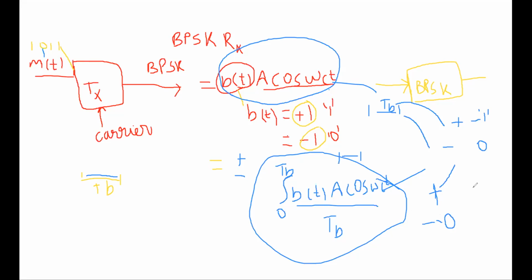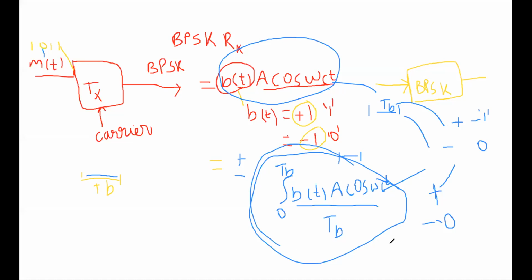So this is your BPSK receiver. Now you see the working of BPSK receiver, the various parts in BPSK receiver. Now this BPSK receiver is a synchronous receiver. Synchronous receiver means, or we can say it is a coherent receiver. Coherent receiver means it has to extract the carrier from the modulating signal, and then only it can go for the demodulation process. So it requires the extraction of carrier.